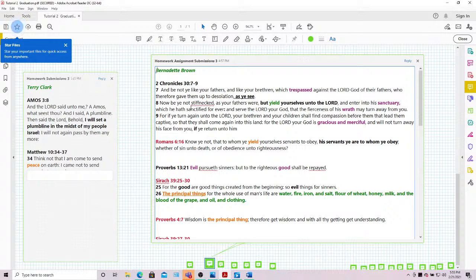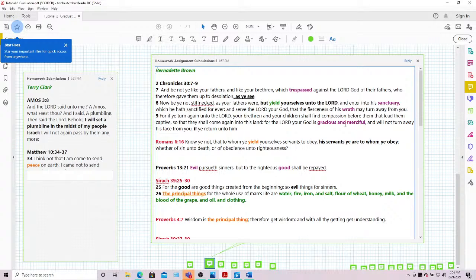So now be ye not stiff-necked as your fathers were, but yield yourselves unto the Lord, and enter into his sanctuary, which he has sanctified forever, and serve the Lord your God, that the fierceness of his wrath may turn away from you. For if ye turn again unto the Lord, your brethren and your children shall find compassion before them that lead them captive, so that they shall come again into this land. For the Lord your God is gracious and merciful, and will not turn away his face from you, if you